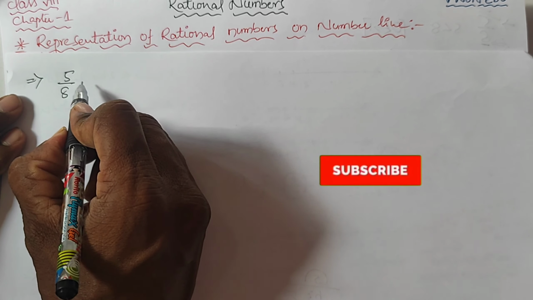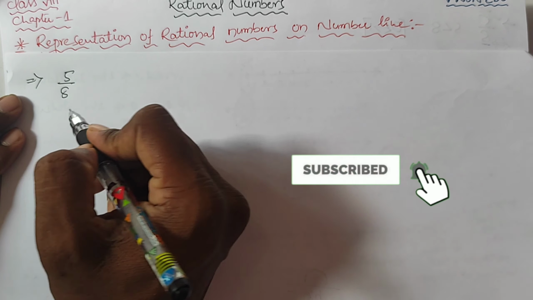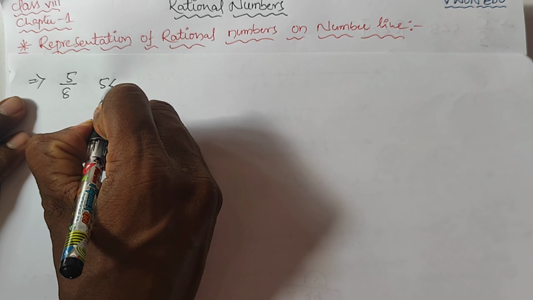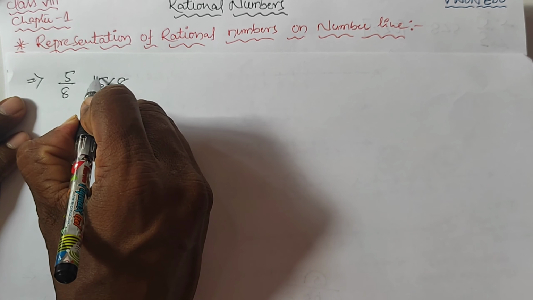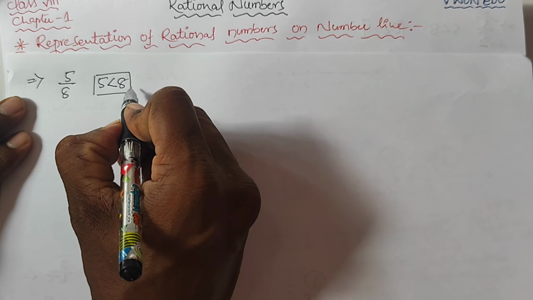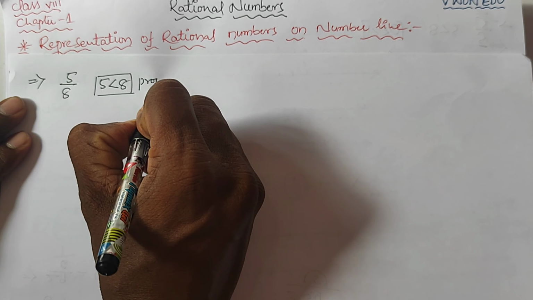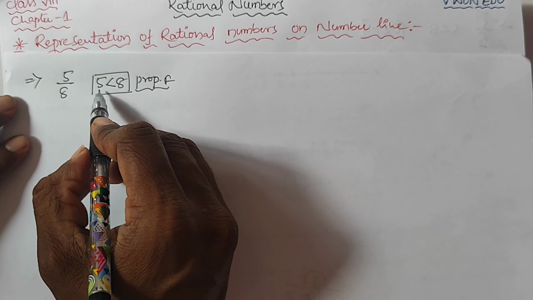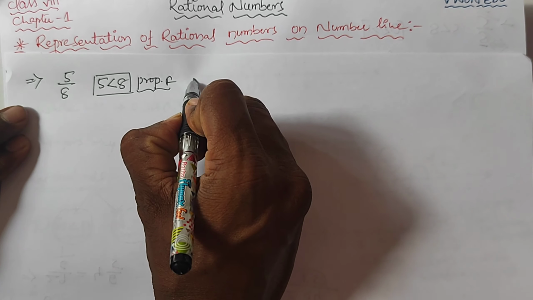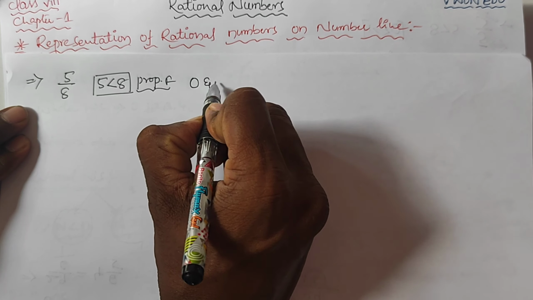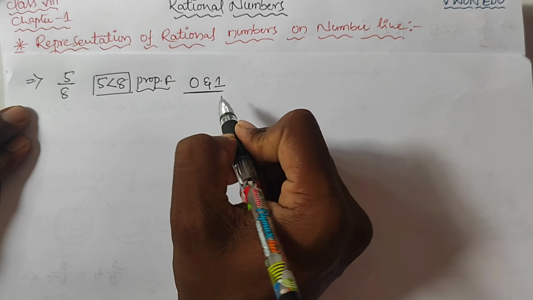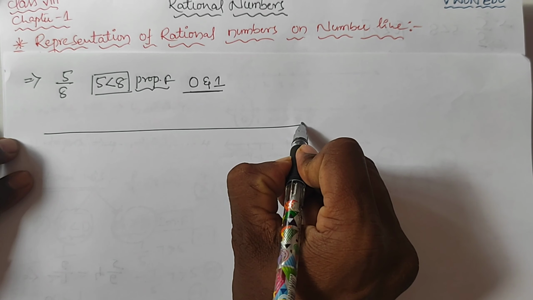Okay, now listen carefully here. First observe the rational number given. 5 by 8. Clearly here we know that 5 is less than 8. That means it is a proper fraction. Yes ma? Now 5 is less than 8 means compulsorily the value lies between 0 and 1. Yes ma, isn't it? So considering here the number line.